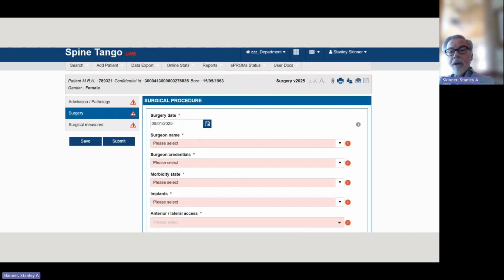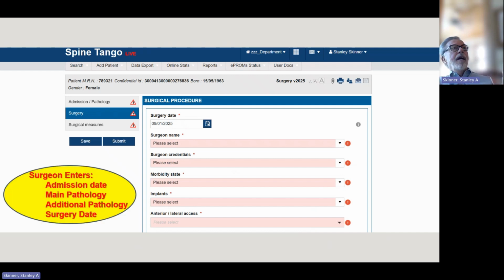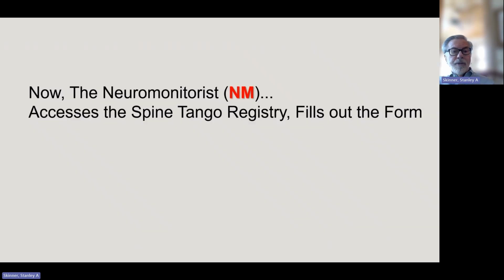The questions open up and answers can be selected for surgeon name, surgeon credentials, morbidity state, implants, etc., right down the list of the form. At any point thereafter, the surgeon can enter Save, and the form, although still incomplete, will be saved. After all the questions are answered, the surgeon submits the form.